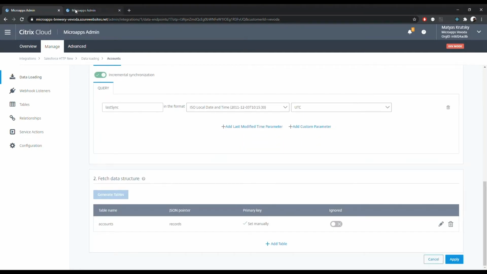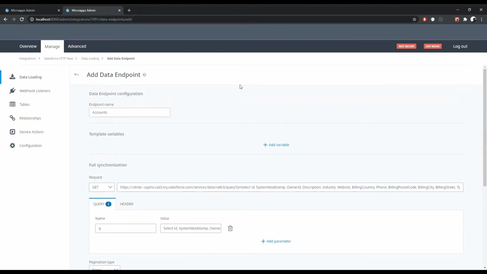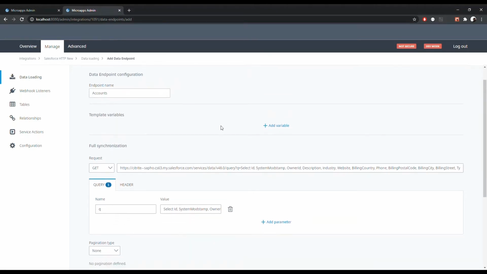In the new form, it looks a little bit different. So I have the same query, but right now it's configured inside this URL field, and query parameters are just conveniently passed to this key value form, but those are just two different views over the same data. So anything I modify here is immediately propagated here and vice versa. So if I want to add a condition to download only recently modified accounts, I should be able to do that now. So let's say,